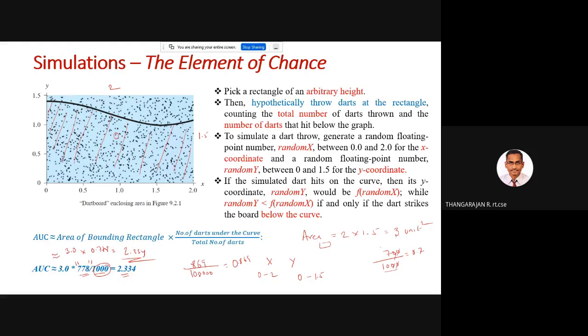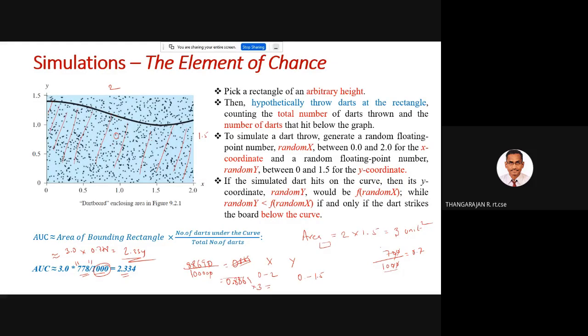How many is there? 1 lakh. 1 lakh means I have to put in one more term. Out of 1 lakh dots, 88,690 dots are inside the curve. In that case, my result will be 0.8869, now into 3.